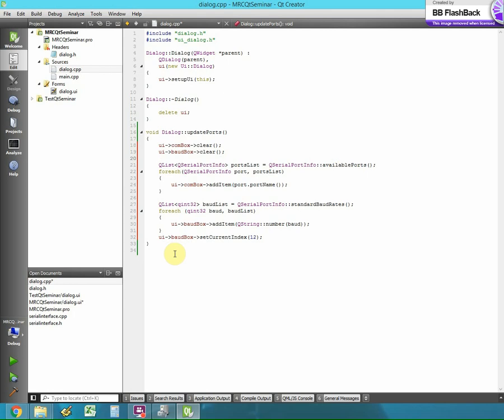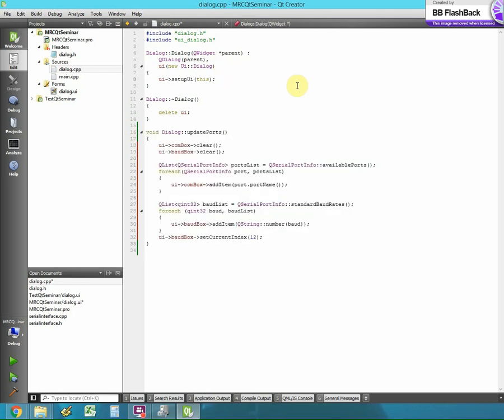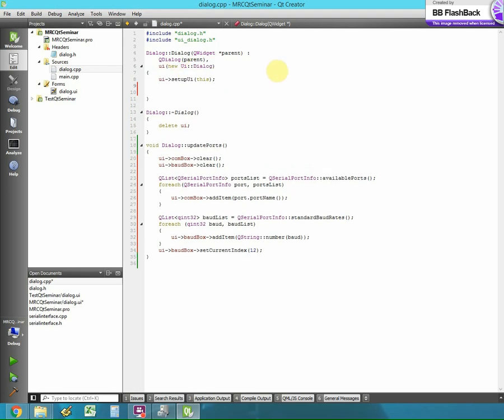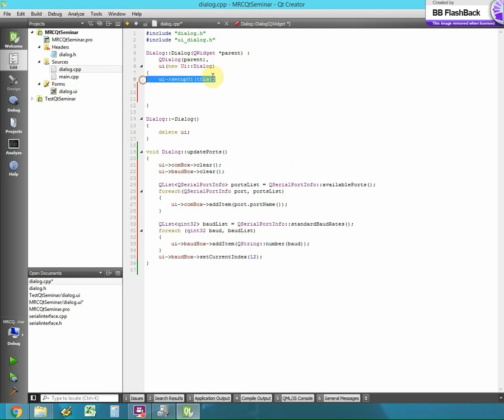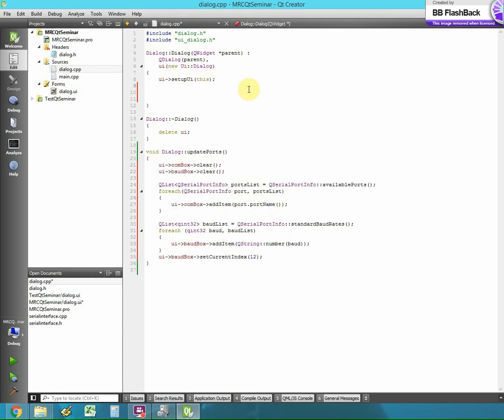So now notice we made this function, but we're not using it anywhere. So the first thing we want to do is we want it to call this function as soon as the program opens, so that we can populate all these things into our box. So in this constructor here, this is where the program will enter our class, right? It'll construct the class. So right after ui.setupUi, you don't want to do it before this because it hasn't set up these objects. You want to do it after this, because these won't be available until this is done. So we're going to call updatePorts,